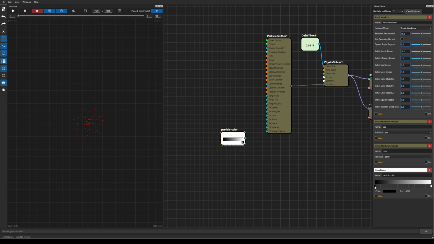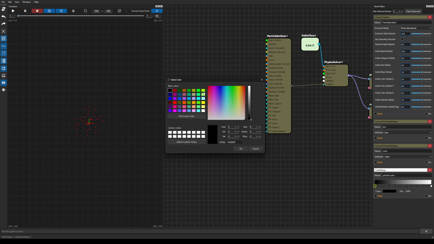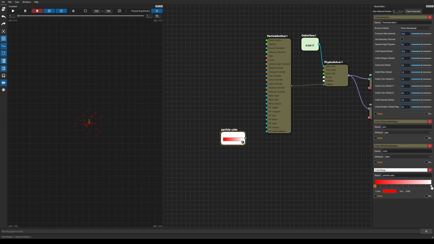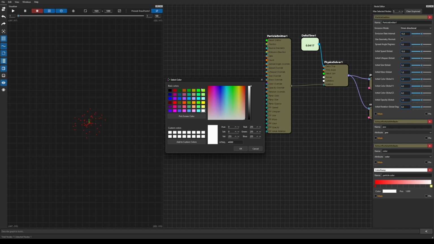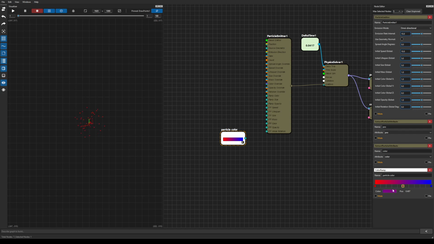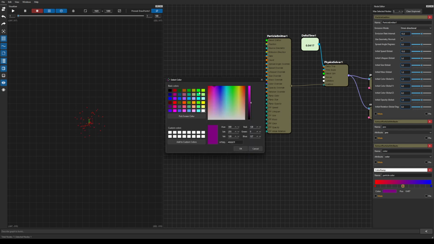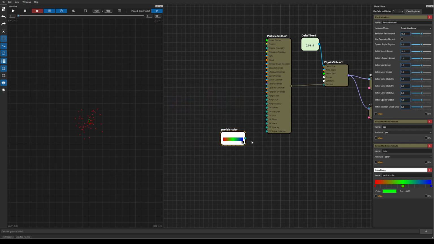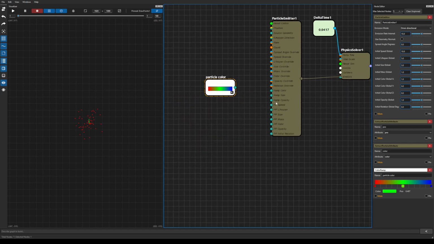So I'm going to make the first stop red. And the last stop, I'm going to make blue. And in the middle, I'm just going to add a new stop by double clicking and making that green. Okay, so now if I was to just come in here and plug this into the ramp color,